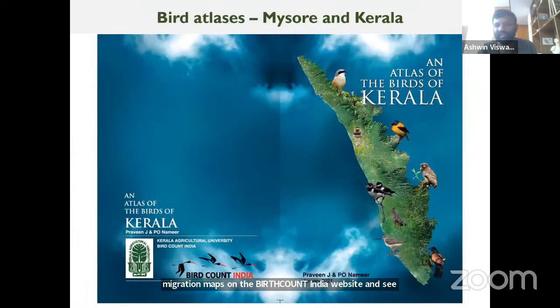I'll quickly mention bird atlases. This is the systematic monitoring that I spoke of. And this is something that I think you should all read. This is available online. Read as much as you can about the Kerala Bird Atlas. It was a wonderful initiative where all bird watchers from Kerala came together and they systematically monitored it. Everybody followed a protocol. They went to certain cells that were selected previously, certain sites. Over there, they followed a fixed protocol and they monitored birds. And that has set up a beautiful baseline in Kerala. When the atlas is repeated, there is a lot of learning that you can have because analysis is very easy, because the protocols are fixed. Everybody is doing the same thing.